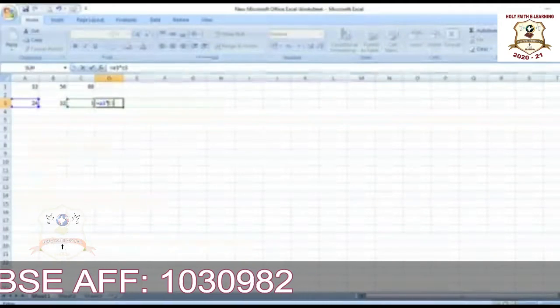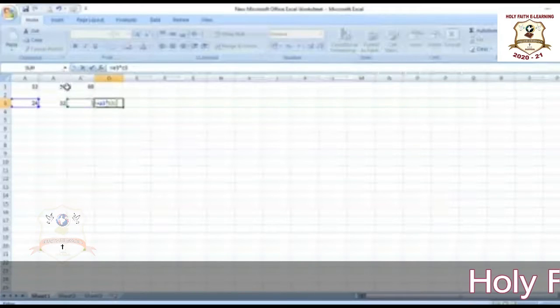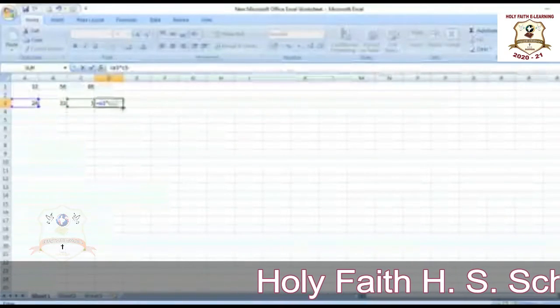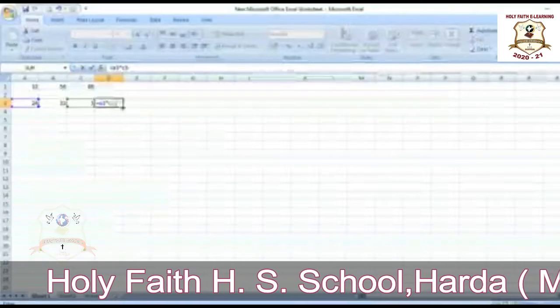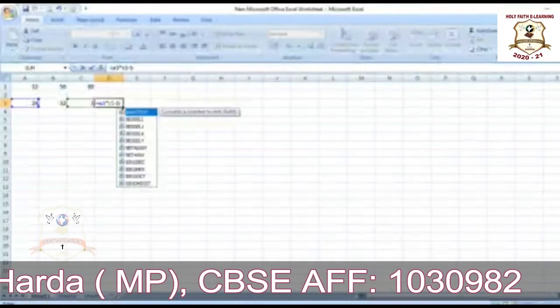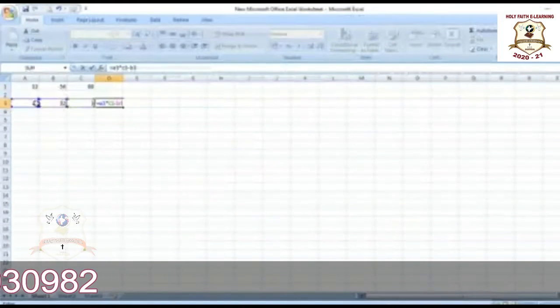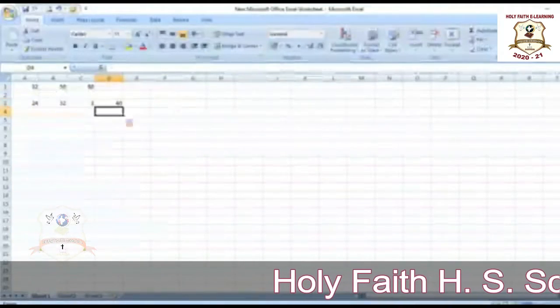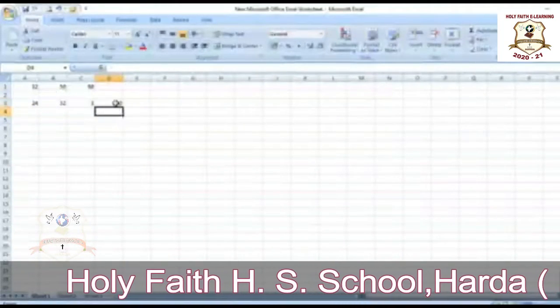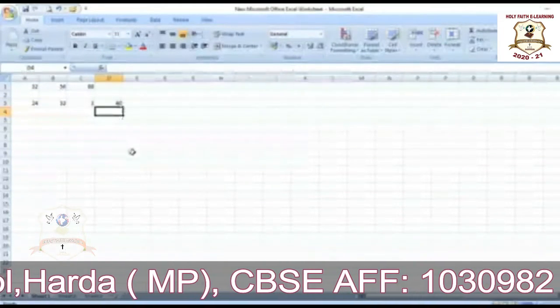and I want to subtract the value which is in column B. Subtract, otherwise we can add. So minus B3, because the row is 3 and the row is the same for every column. Press enter. As you can see, you have the result in column D. So that is a compound formula.